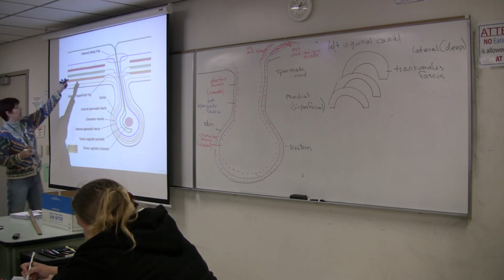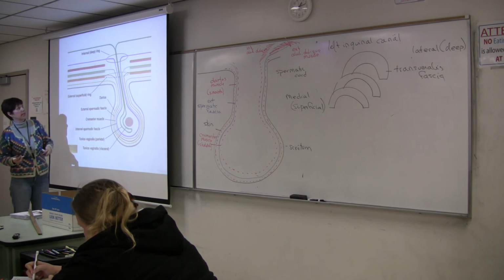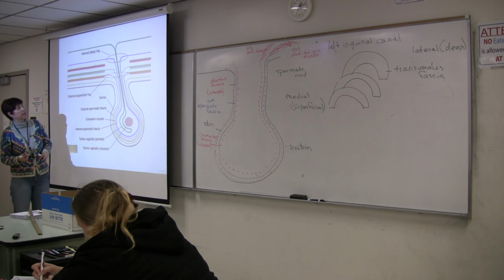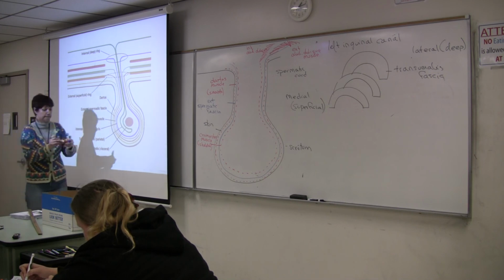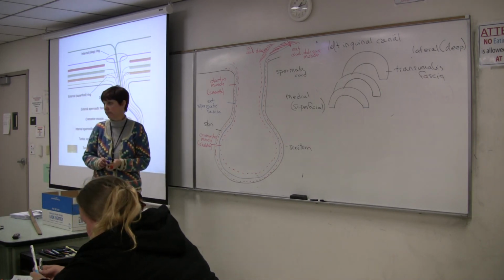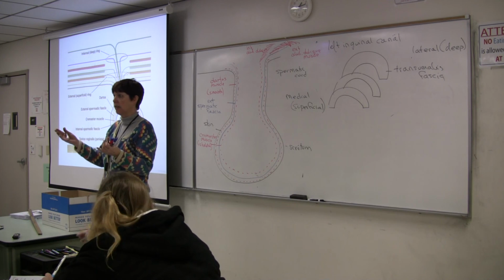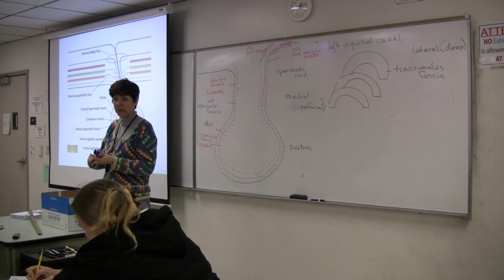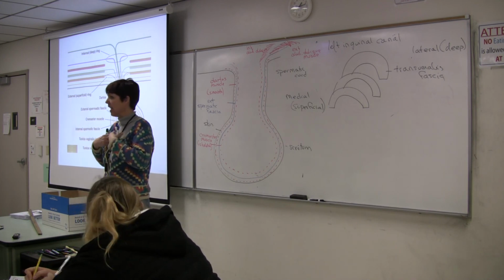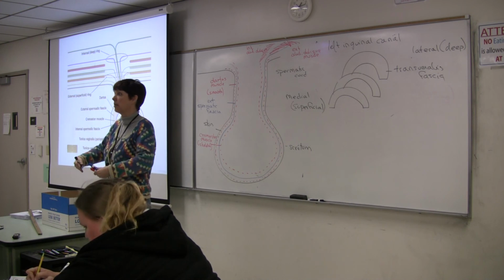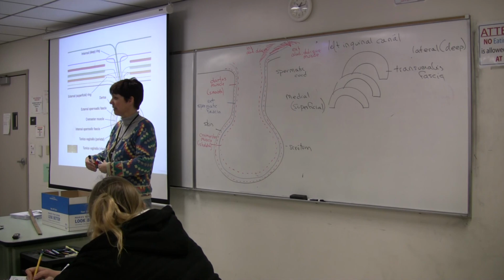The internal abdominal oblique contributes some fascia, and then we have the transversalis fascia and internal spermatic fascia. You don't have to really worry about those. And then we have the peritoneum. How many of you remember the word peritoneum from Bio 430? All right, we have pleura, pericardium, those are membranes in the thoracic cavity, and peritoneum, which is a thin membrane that lines the abdominal cavity and covers abdominal organs. So remember